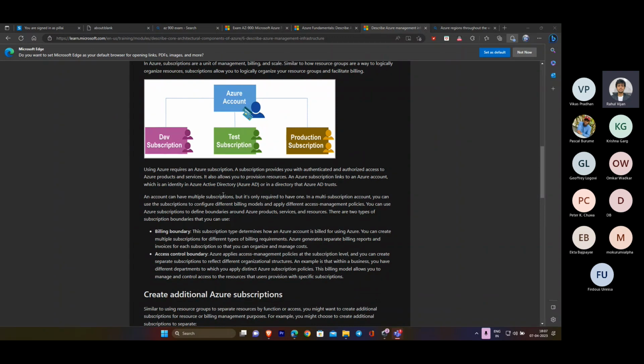An Azure account can have multiple subscriptions, but the minimum is one if you want to use any resource. As long as you have one subscription, you can provision resources. In a multi-subscription account, you can use subscriptions to configure different billing models and apply different access management policies. So when you want to deploy a different billing model,